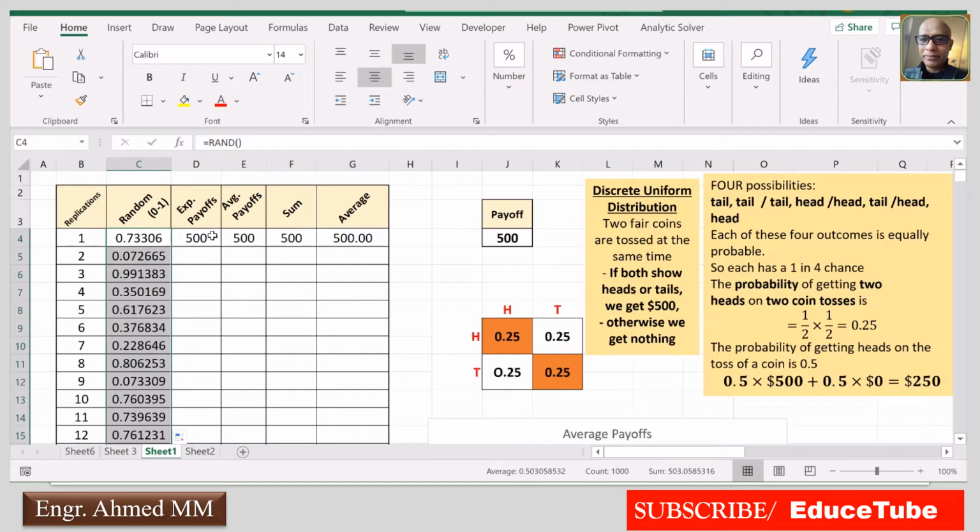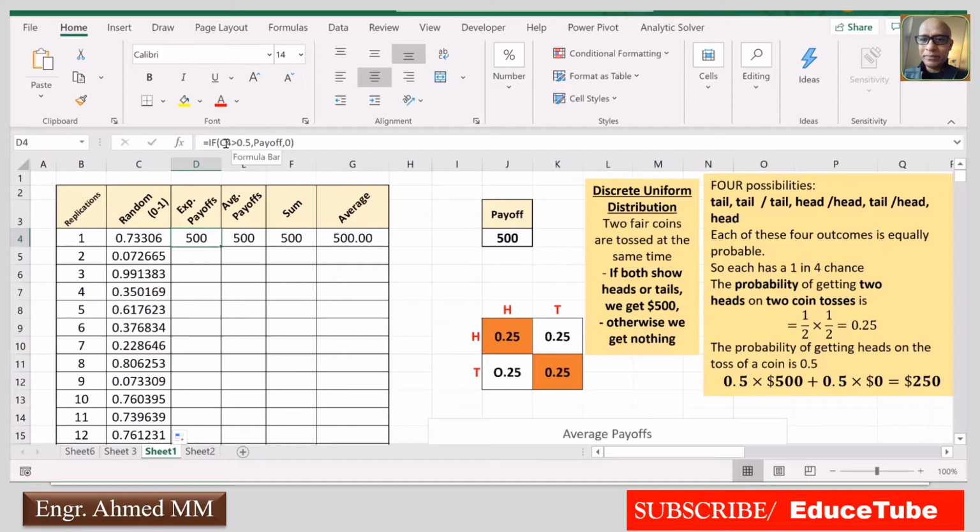So here we have the expected payoffs. I have to put a condition, because I want to get the value of expected payoff from the random numbers which are more than 0.5.